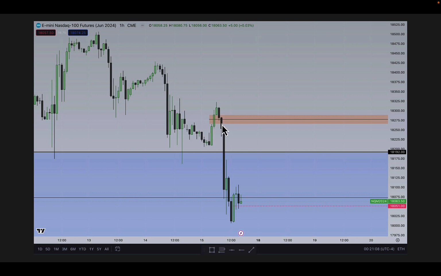So of course the fair value gap will be your entry on the bearish side, but I'm looking at this green candle here that has the high and the low of that candle, the separation there. I'm looking at this as an inversion level. So when we drop down into the 15-minute chart,